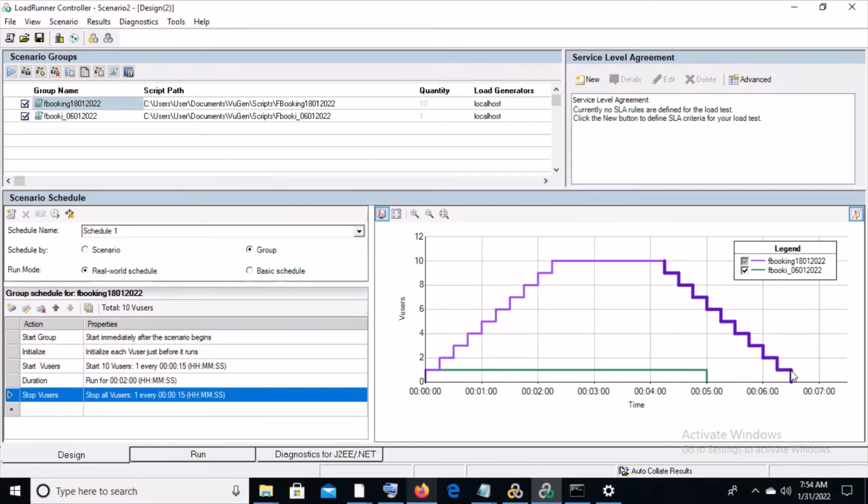So for this entire test, how much time is it taking? You can observe here: 6 minutes 30 seconds. So this is the entire time. It is called the elapsed time, including ramp up and duration and ramp down. It is including as a elapsed time of our test. Got it right? So when we are selecting a schedule by group, every script will have like their